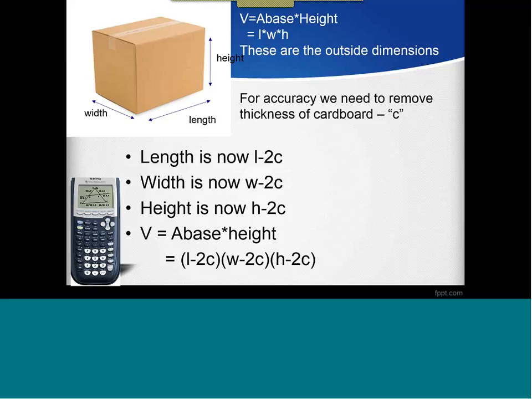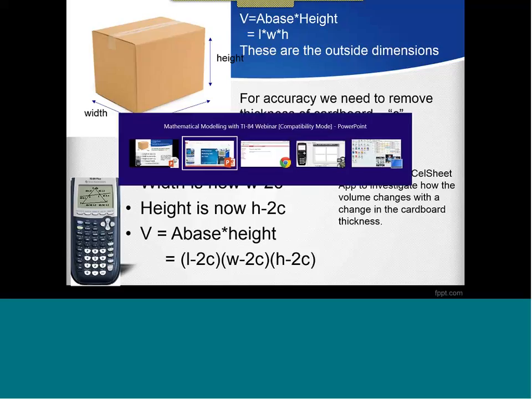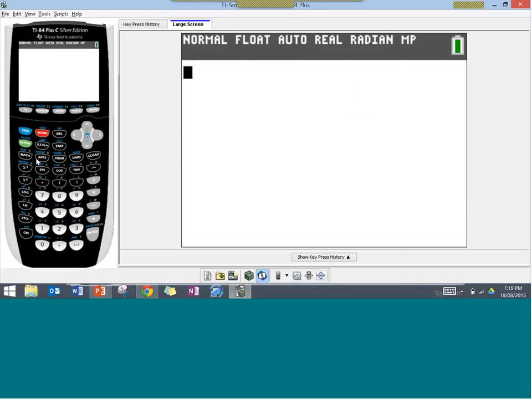So what can we do to investigate this further? And that's where we can bring in the TI-84+. We could use something such as a CellSheet app to investigate how the volume changes with the change in thickness of the cardboard. So when you're using your TI-84, I've got the Smart View emulator here. So I'm using my TI-84, it's in graph mode at the moment, but I can go into my apps,